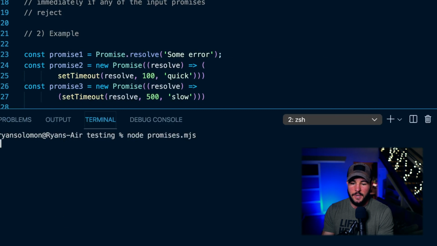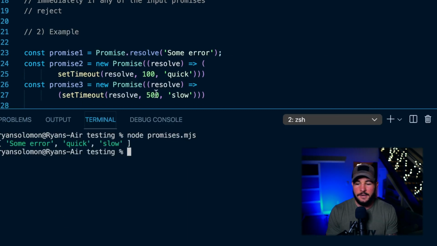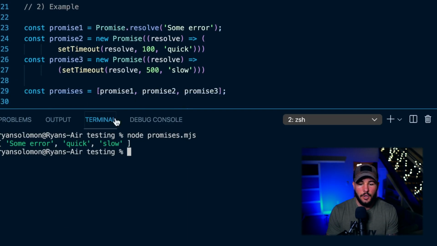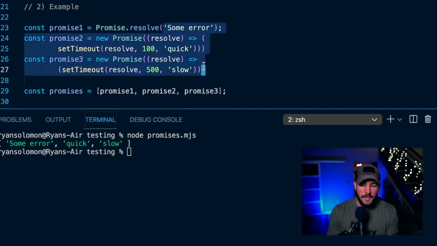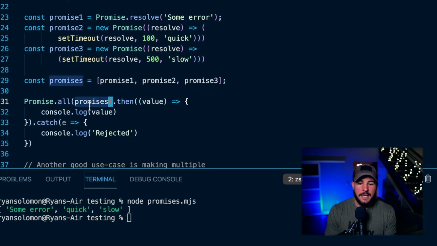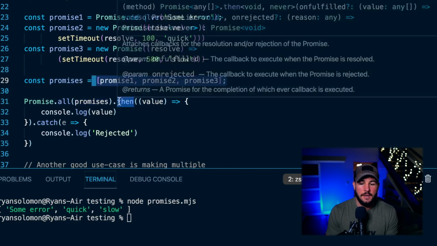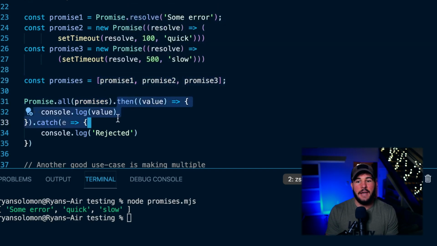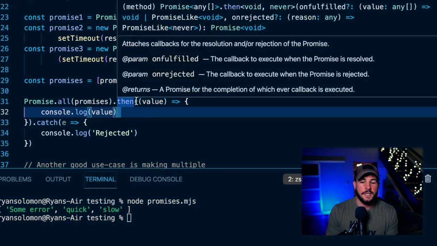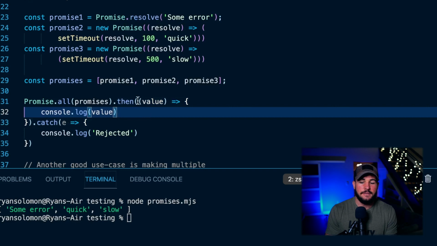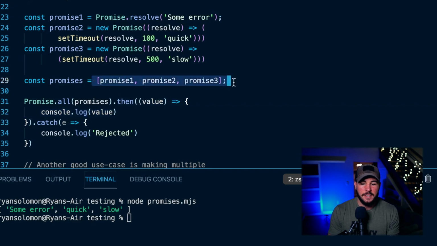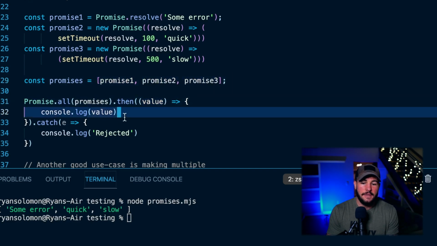So if I run this code here, you're going to see that I get an array of some error, quick, and slow. I get an array of all of my resolved promises here. So the Promise.all method takes an array of promises here, and it will return one single promise. And then you can handle that promise using the .then method. You could also potentially use async await here. And then what it's going to do is it's automatically going to pass the values of your input promises. It's going to pass those fulfilled values as an array to your .then method,